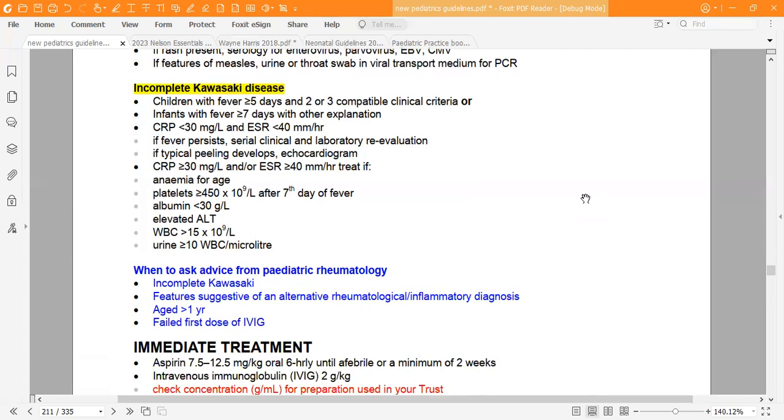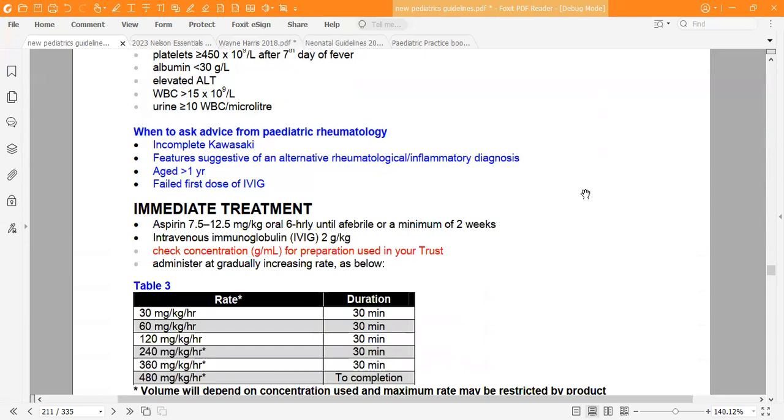When to ask advice from pediatric rheumatology. We have to involve pediatric rheumatology in these cases: if we have incomplete Kawasaki, features suggestive of an alternative rheumatological or inflammatory diagnosis, age more than 1 year, or failed first dose of IVIG. So in these 4 situations, we have to consult the pediatric